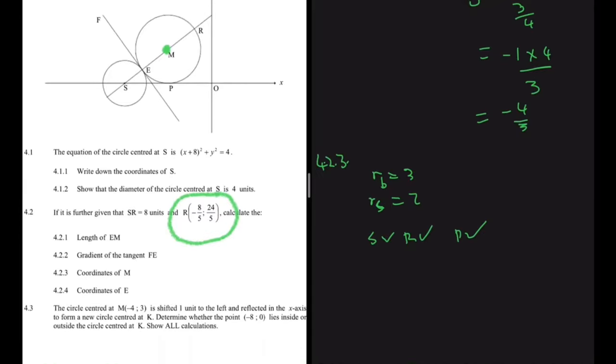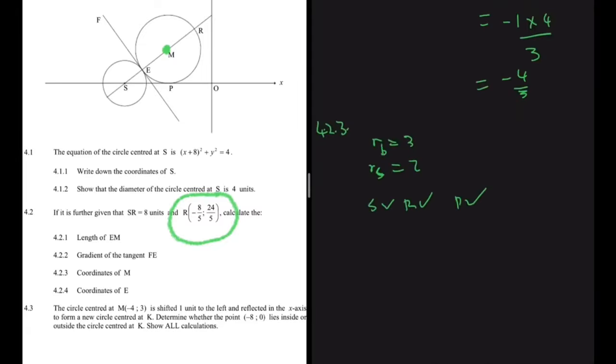M and P, they share the same X value, right? That is because if the x-axis touches the circle, then where it touches the circle will be the x value of the center of the circle. And then if it touches it along the y-axis, then the y value will be the y of the circle, right? So M and P, they share the same x value. So if we can find the x value of P, we have the x value of M, right? Now we can see that